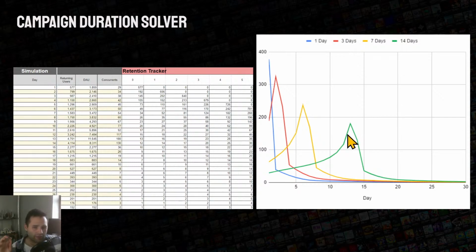But look at the 14-day one. Look what this means. Imagine your game needs 30 players to be fun. There are many games where that's a full server, so you need 30 players to be fun. That's here. Between these two strategies, where you could choose to advertise for 14 days or advertise for 1 day, the same budget across 14 days will give you at least 17 to 18 days to